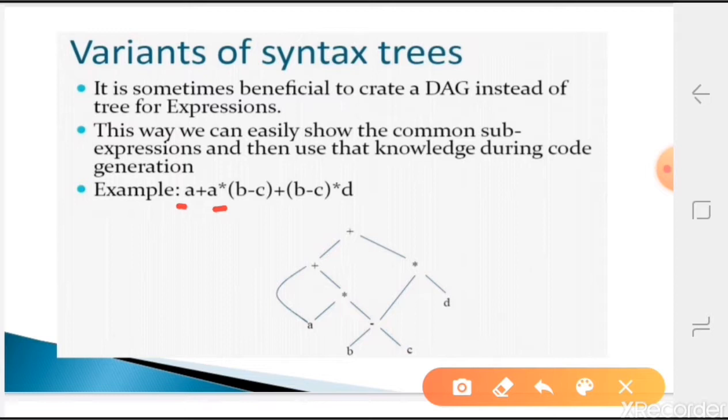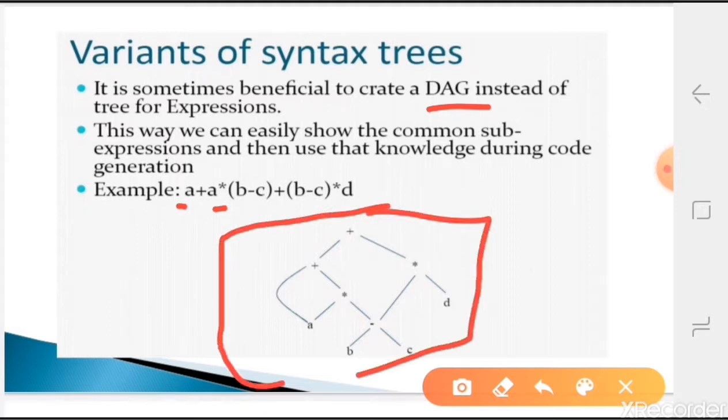To avoid that, we go for one more tree, the DAG, the directed acyclic graph. In this, the repetition is removed and one smaller tree is formed. Compared to the annotated parse tree, this will be the smallest one. While implementing, whatever repeated variables or expressions you have, we can access them easily.